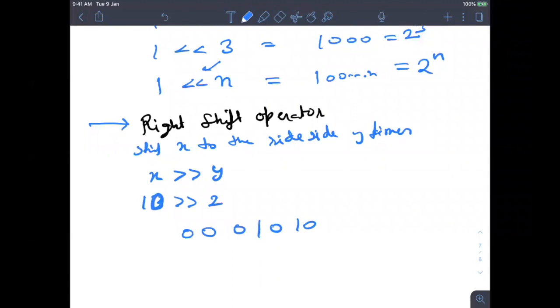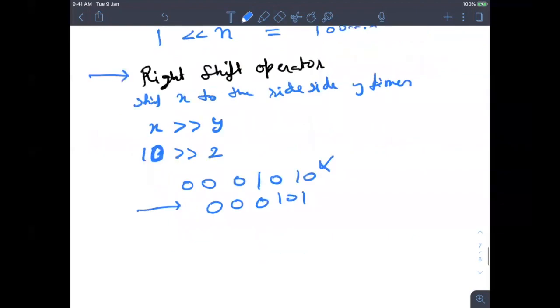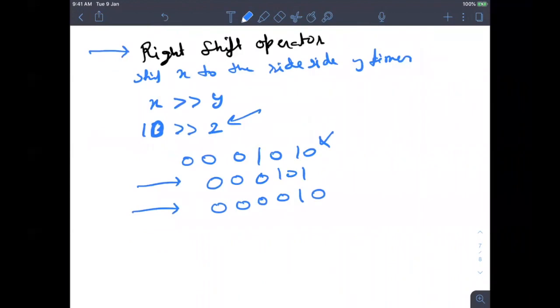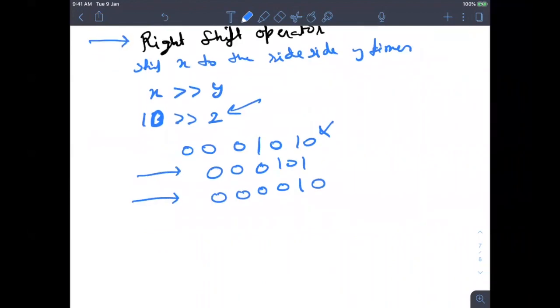Now after a right shift it becomes 1 0 1, so basically the last bit got removed. If you do it again, it becomes 1 0, which is 2. So one right shift means you are just dividing by 2.